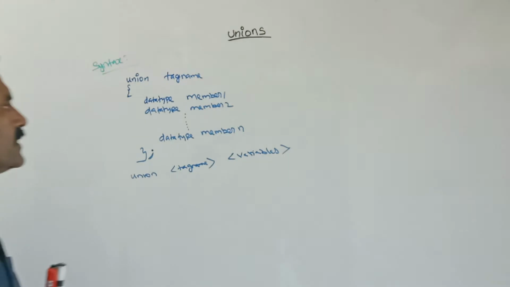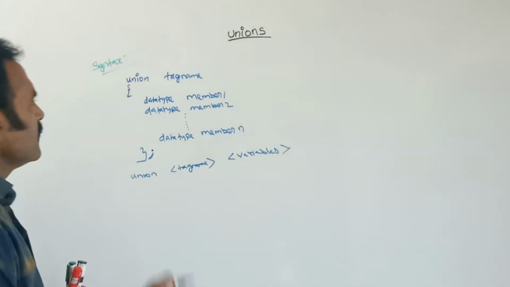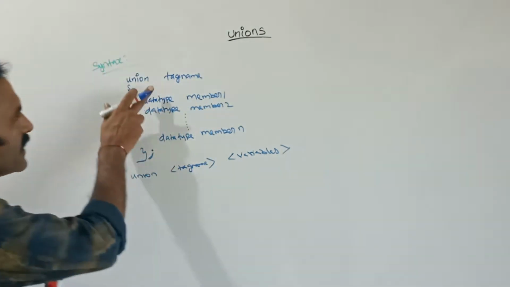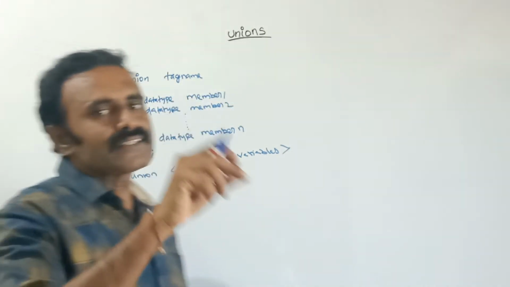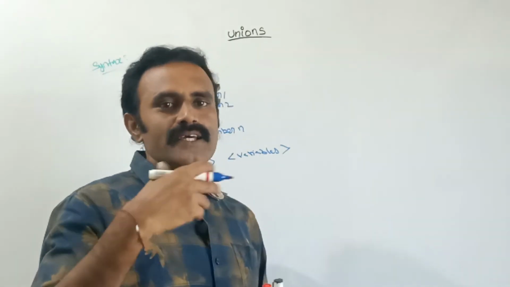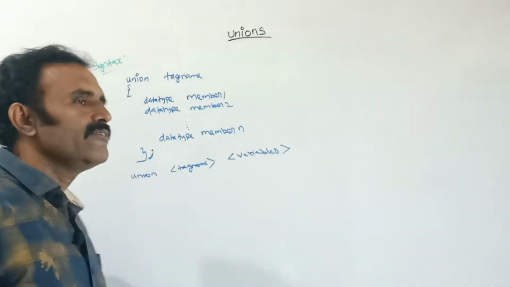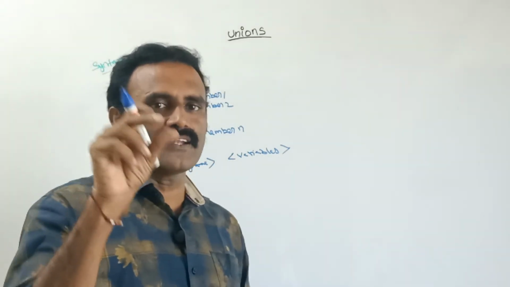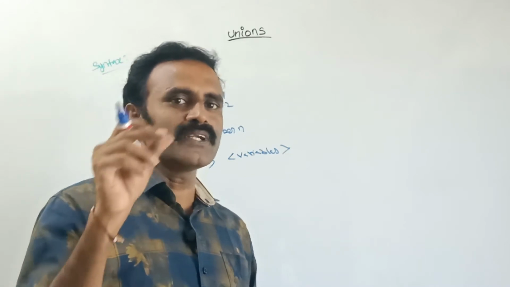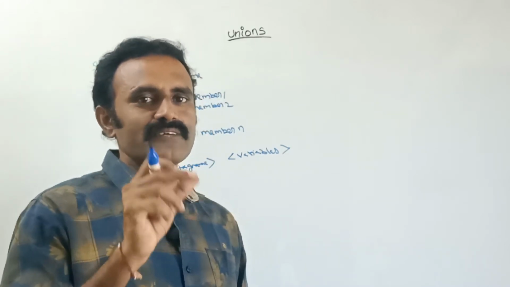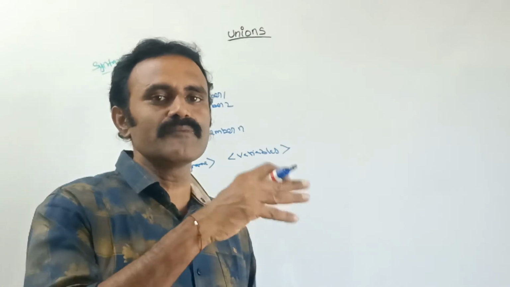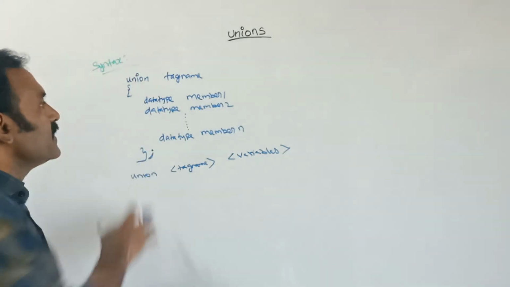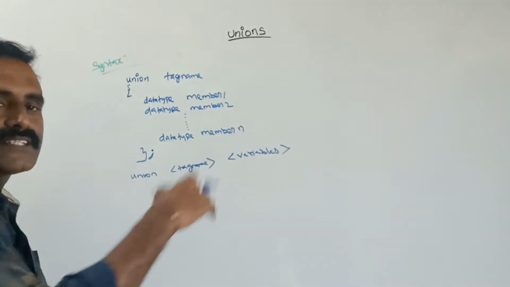Now let us see the simple examples. This is also the same as a structure. For a structure, each and every member inside that structure has its own memory space. Suppose I am declaring 5 members in the structure, then memory is allocated for each of the 5 members. Member 1 will have a separate memory space, and in the same way member 2, member 3 up to member 5, each member will have a different memory space. But here in union it is not like that. The main difference is this only.